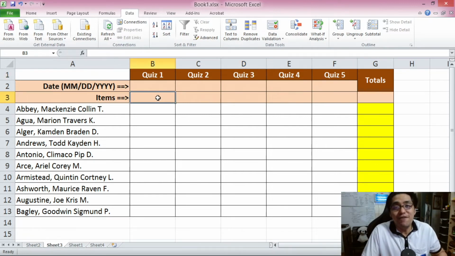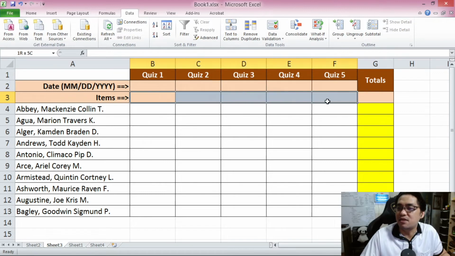Naturally, the perfect score of a quiz should not be a negative number and should not be 0. It doesn't make sense, of course, if the quiz has 0 items. So let's apply basic data validation here to make sure that the items of this quiz is not 0. So what we want to do is, because we want to apply this to multiple cells, we want to highlight these cells over here, quiz number 1 to quiz number 5, perfect scores or items, and then we click on